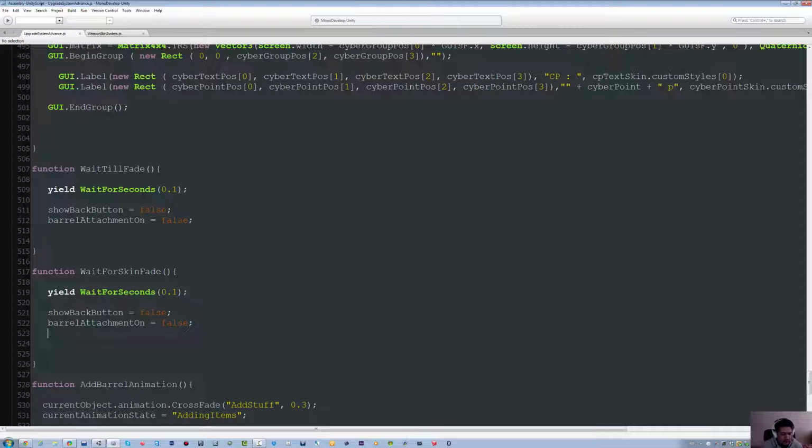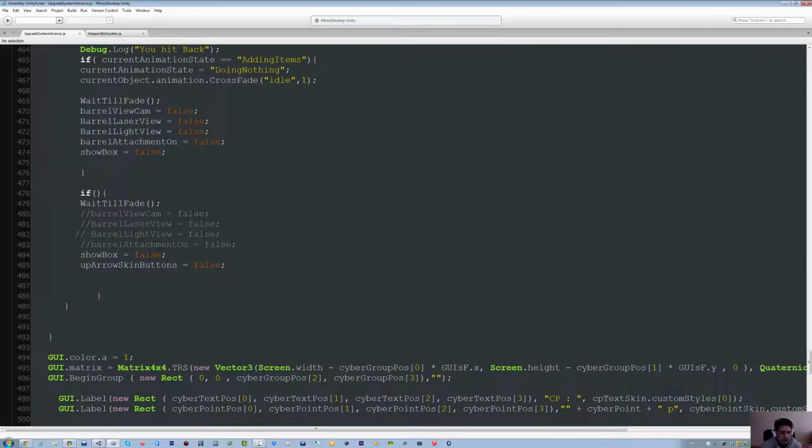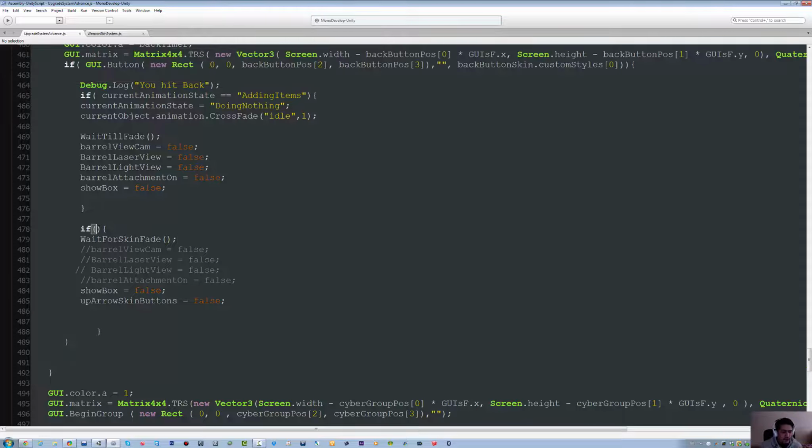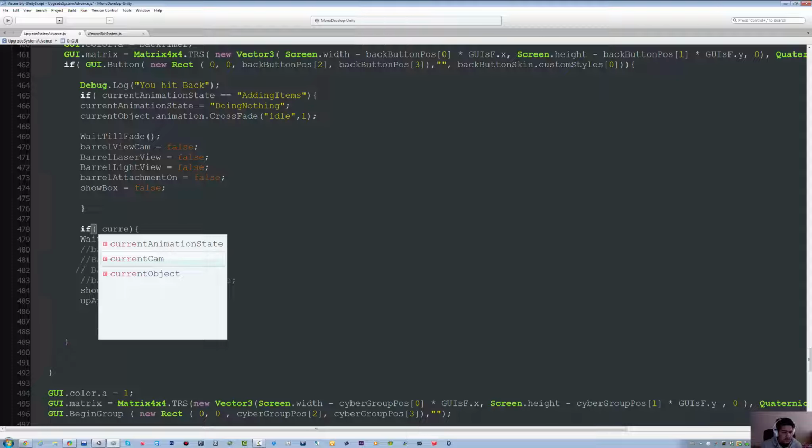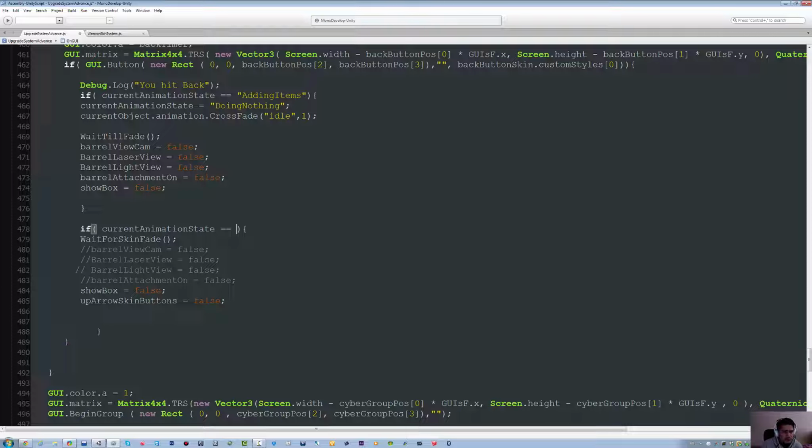I'm going to put show back button equal to false, and instead of this one, I don't need that in there. So it's going to copy this. We don't need this in here as well, I believe. Save that. So I'm going to copy that function name, and I'm going to paste it here, like so. I'm going to delete the extra curly braces, put back my semicolon, and all I'm going to say is if our current animation state is equal to